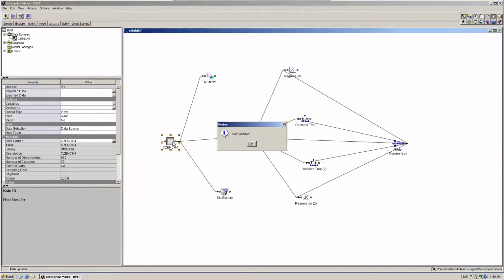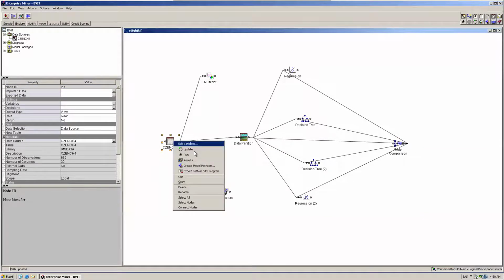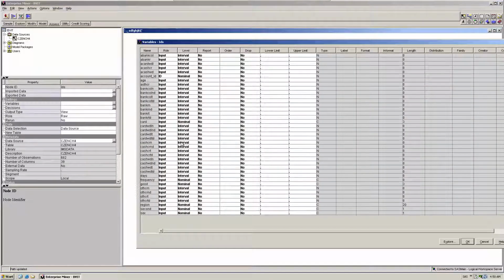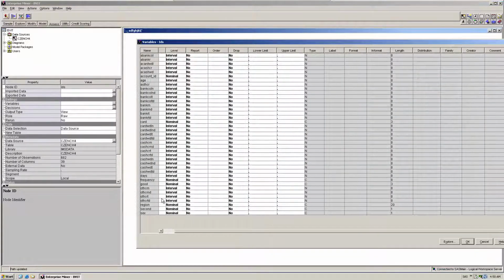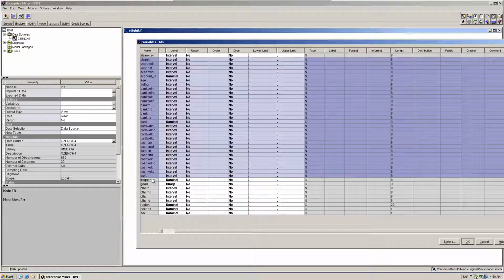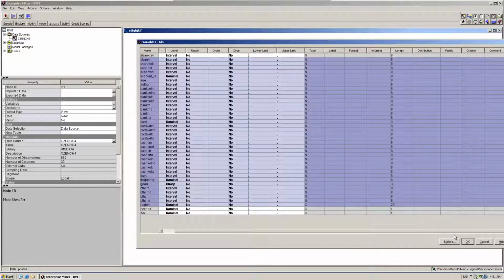Update it and see the variable. Declare that the good variable is your binary variable. Okay? Binary variable. Select all these variables, some of the variables, and click on it. You see what's happening.